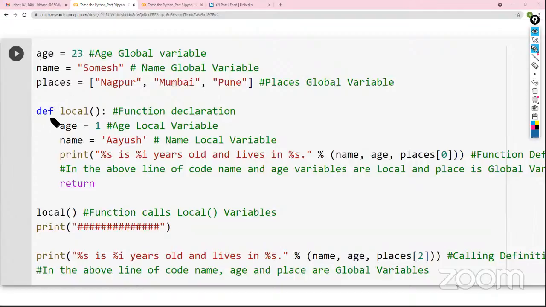Then you're defining your own function, and you're giving the name of the function as local. And here you're saying age equal to 1. Now it becomes local. Name equal to Ayush. That becomes local. When you say print